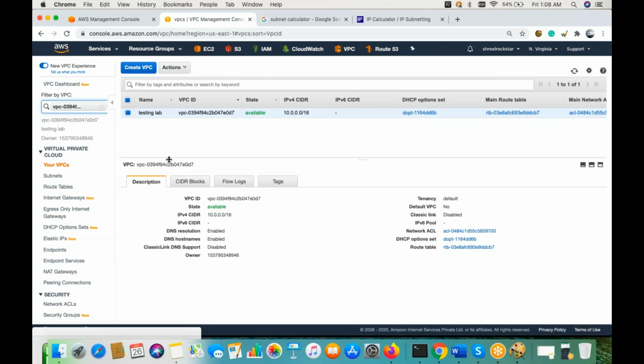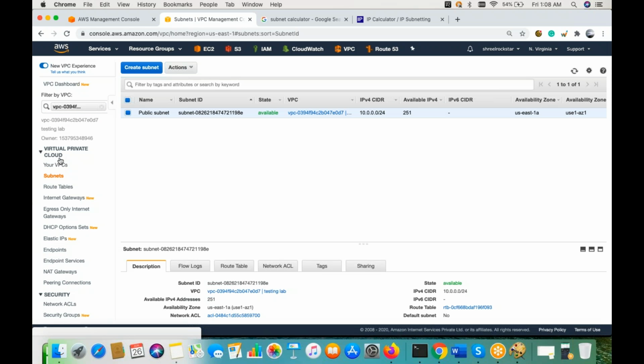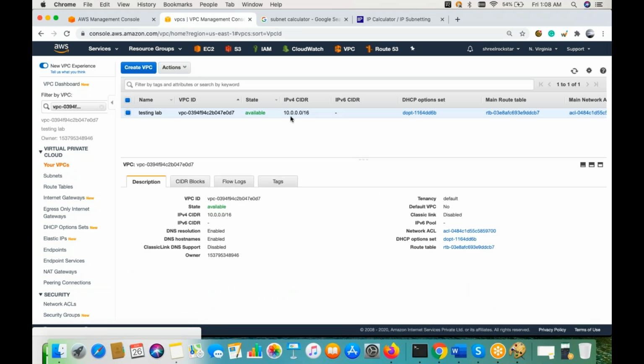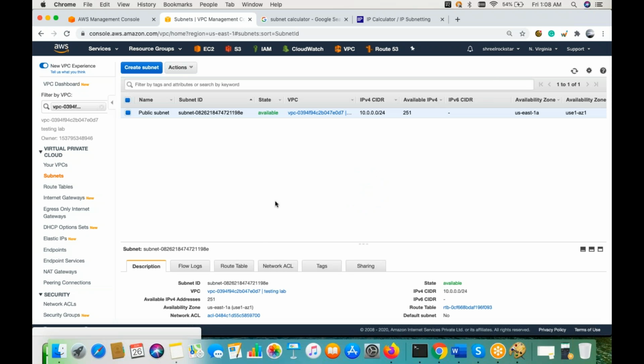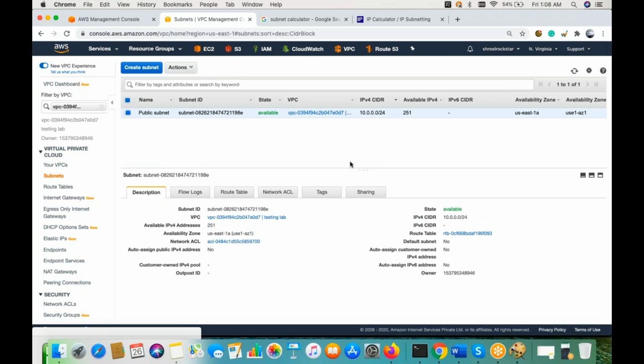Now, if you see, guys, if you click on subnet, this range we got, and this one 10.16. Inside this range, I got my subnet, right? This one. Now, if I create an instance, guys, that will be part of this subnet, and they will be able to access the services.